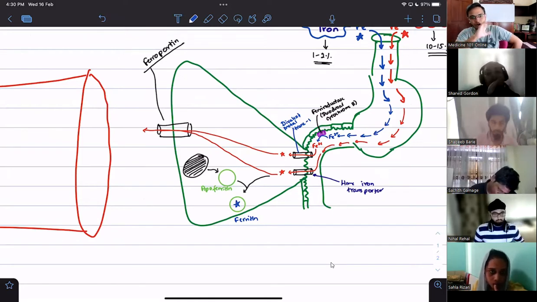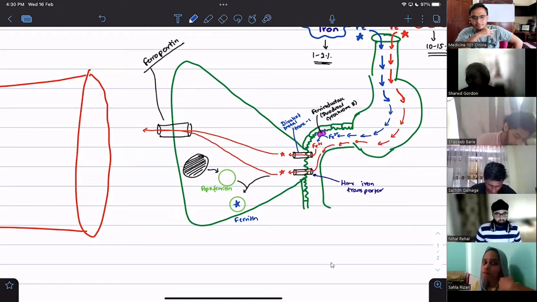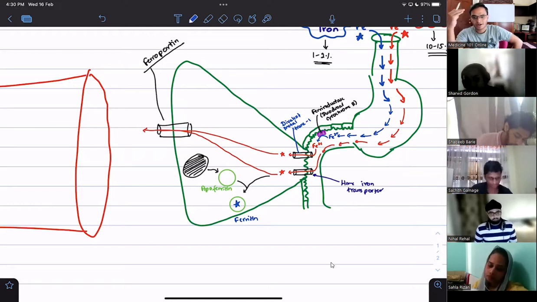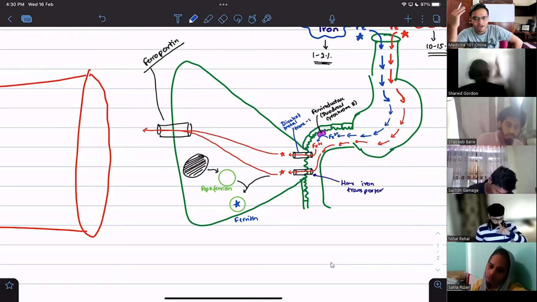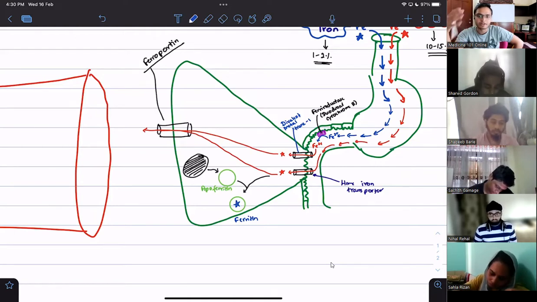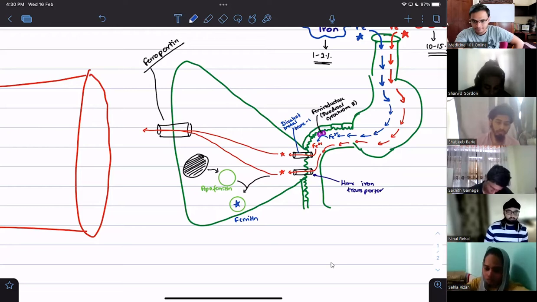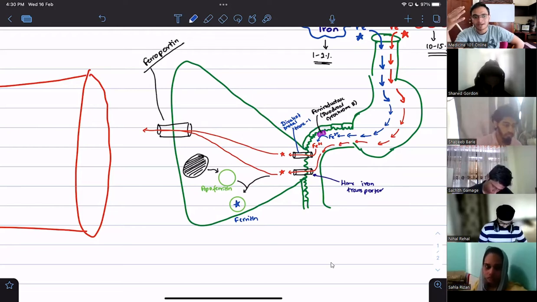Now, knowing all of this information, remember we talked about iron loss daily in both males and females. One of the methods we talked about was through feces. Can you all draw a correlation as to why that is happening? Why are you losing iron through feces? Because you all know our gut intestinal mucosa, almost every 3 to 4 days, you're regenerating, producing new gut cells, mucosal cells.